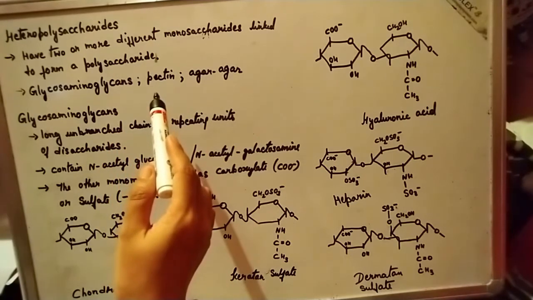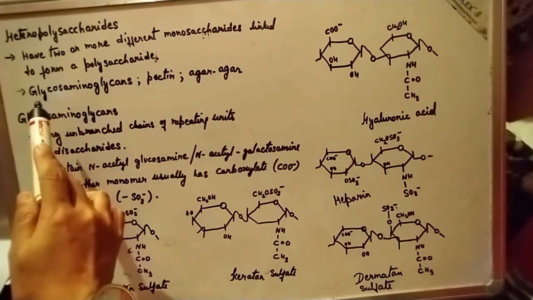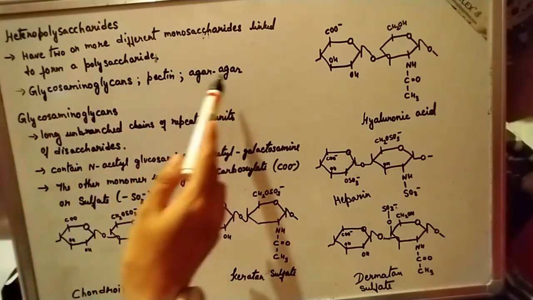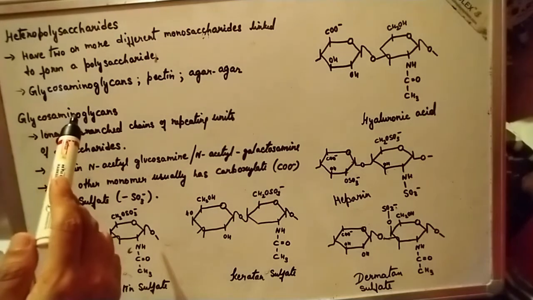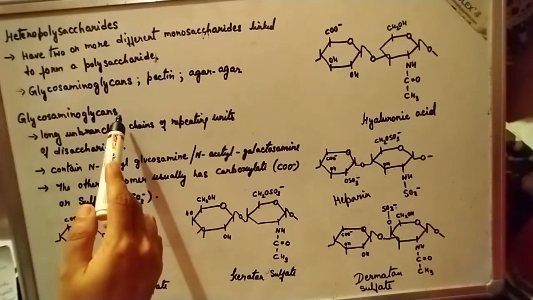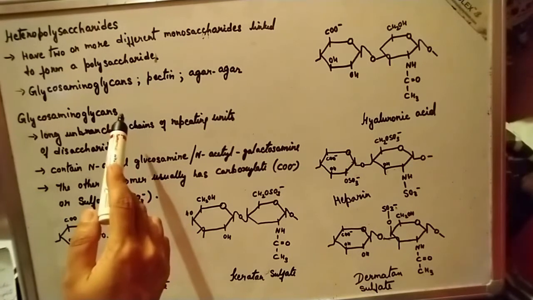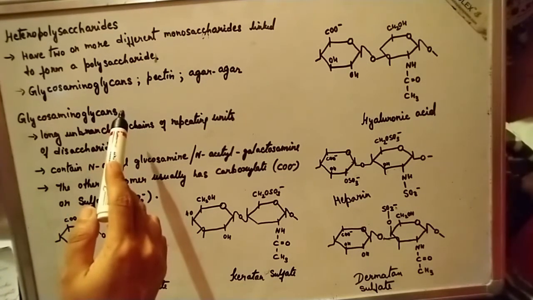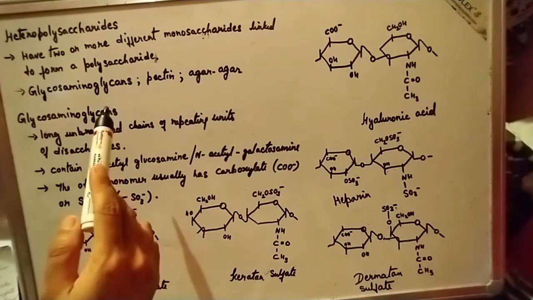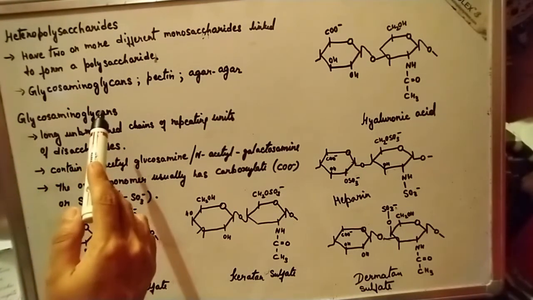Now some important heteropolysaccharides are the Glycosaminoglycans, Pectin, and Agar Agar. So we are going to discuss these three. Now coming to the Glycosaminoglycans, these are polysaccharides that are composed not only of a mixture of simple sugars but also of derivatives of sugars such as amino sugars and uronic sugars. Those types of sugars are referred to as glycosaminoglycans or also